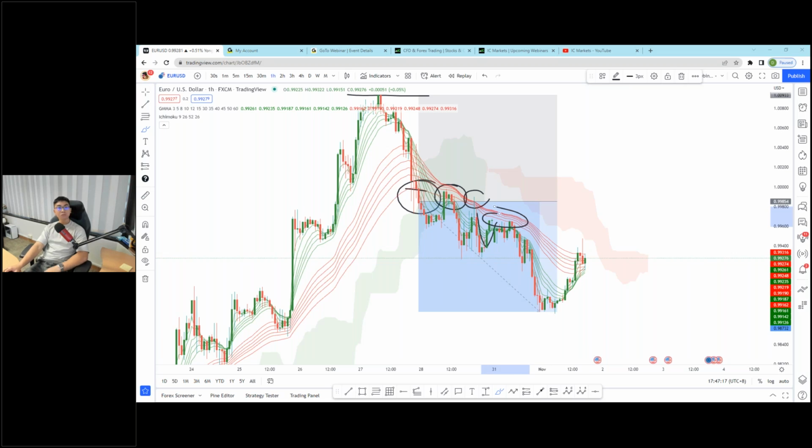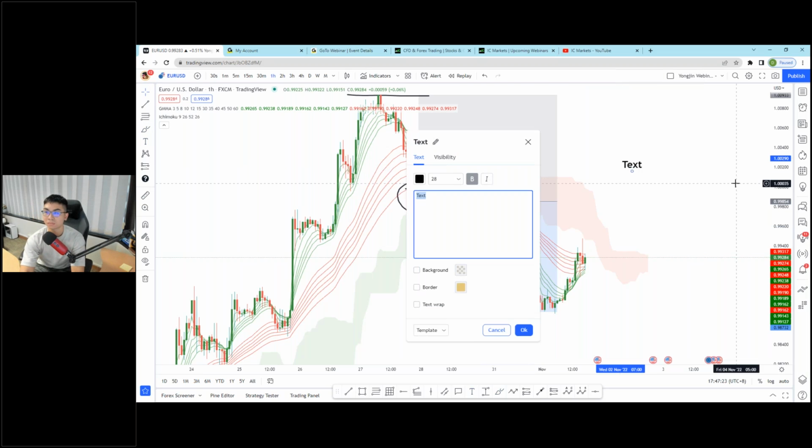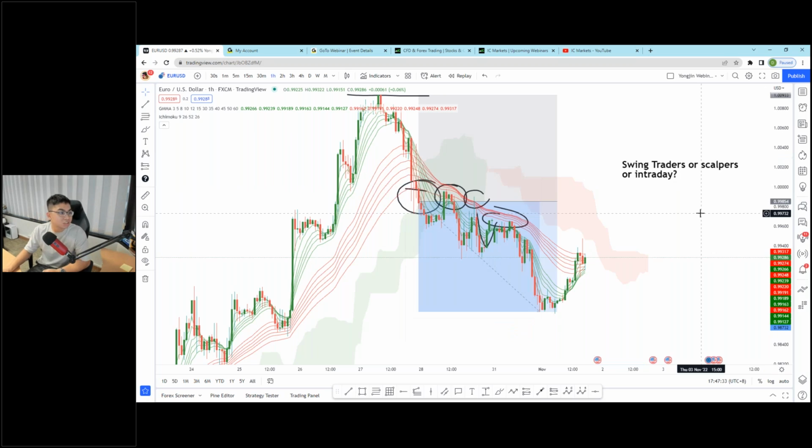So how many of you guys are swing traders? How many of you guys are swing traders or scalpers? Swing traders or scalpers or intraday? Wow, Kelvin, you're on a 1 minute chart. Scalp. Hey, Tegan, scalp. Very, very nice. Day and position trader, Pedro. Okay, on the 1 minute chart, Kelvin, what method are you using to trade?